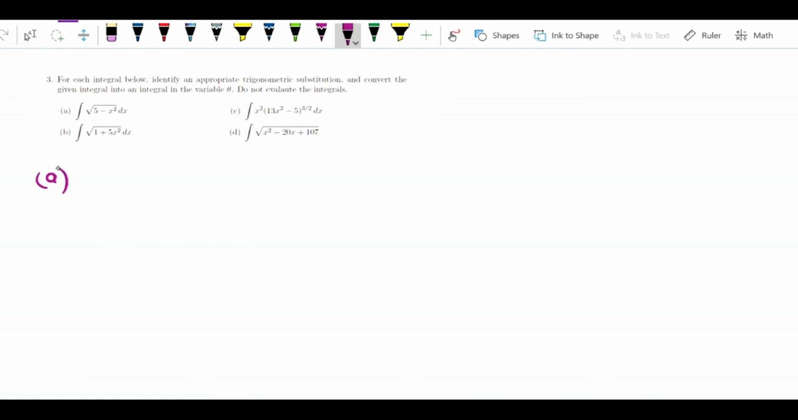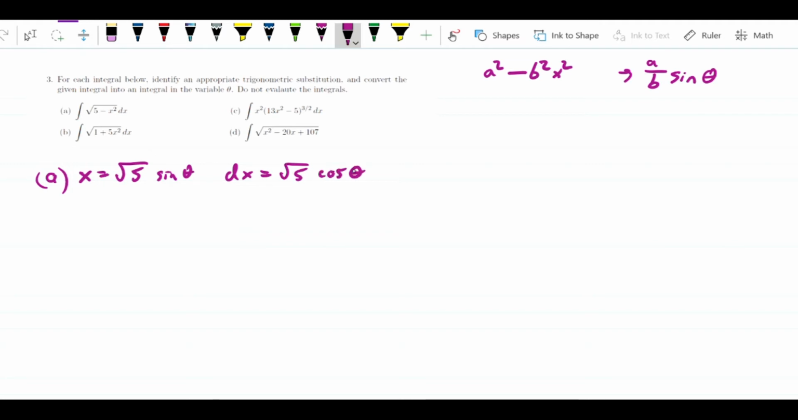All right. So for a, you recall the rule. I'll just write it out for sine. If we have something of the form square root of a squared minus b squared x squared, then we use the substitution x equals a over b sine theta. So here, clearly our a is square root of 5 and our b is 1. So the substitution is going to be x equals root 5 sine theta, dx is equal to root 5 cosine theta. So that means that the answer here is going to be